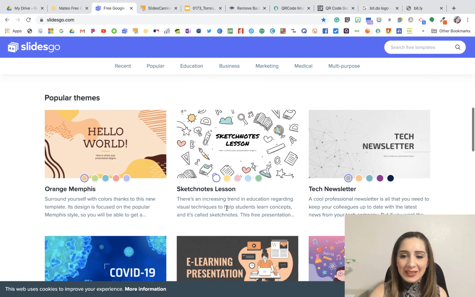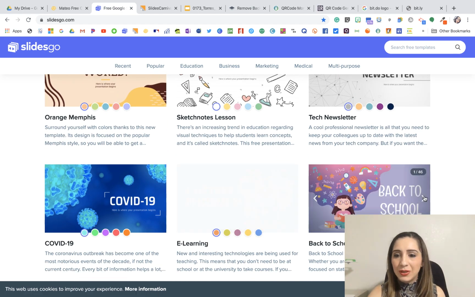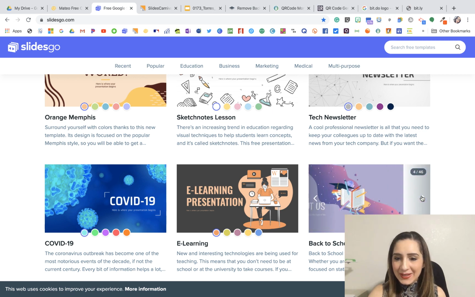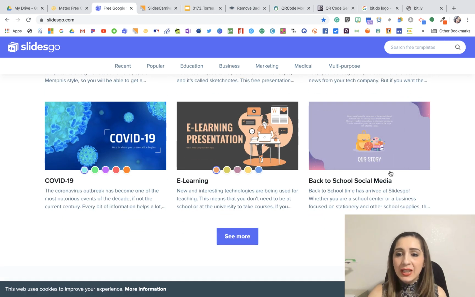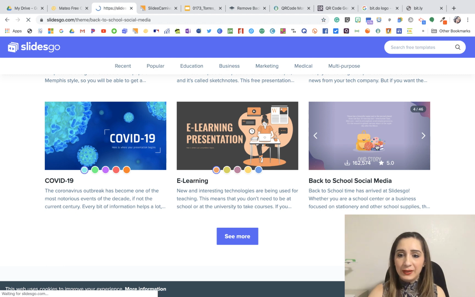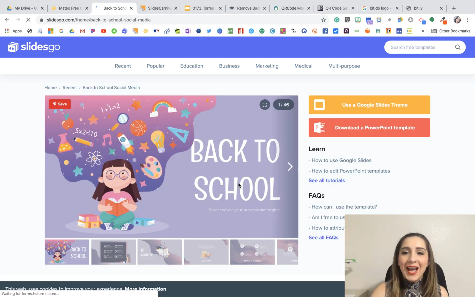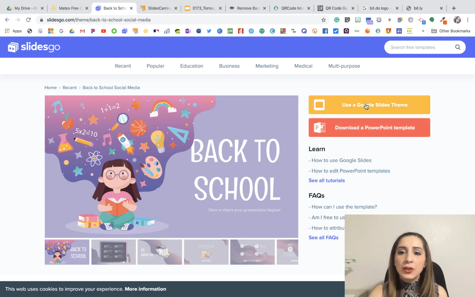So really neat, really nice. Look at these cute ones. Amazing ones. Once you're interested and you say, you know what, I want this one. I love this one. It's super cute. Then it's kind of similar. They're all the same type of procedures. You like it. You see the different types of slides available. You just click on Use Google Slide Theme, and it adds it directly to your drive, and you'll have that